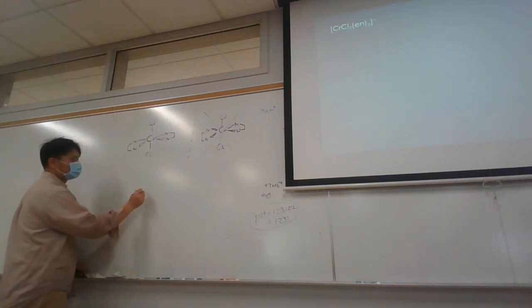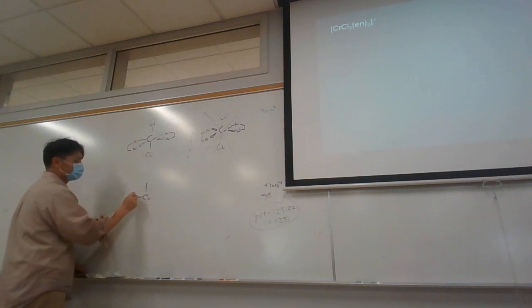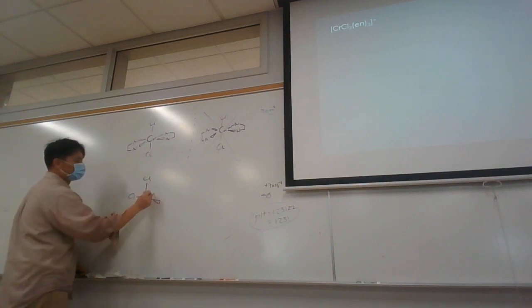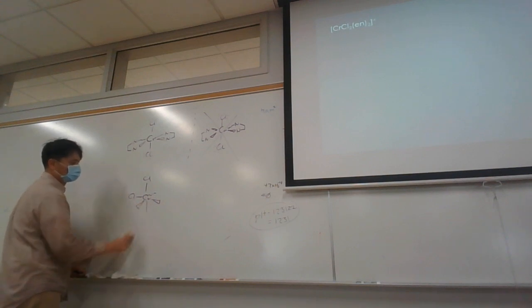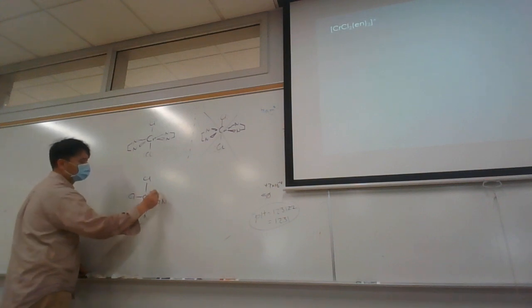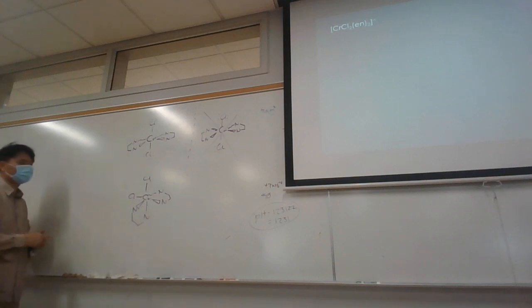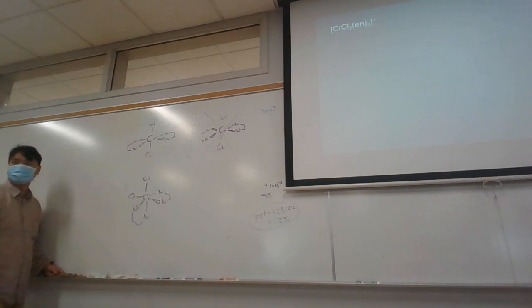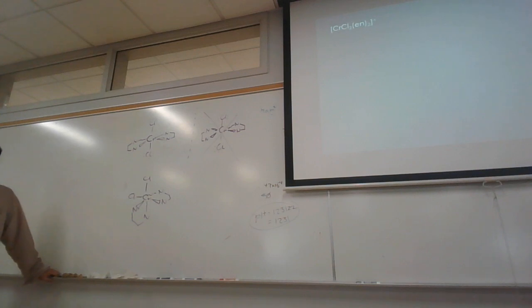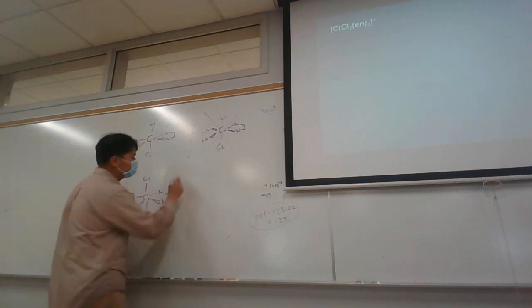Now, if we do the trans isomer, this is the trans. If we do the cis isomer, okay, so let's do the cis isomer here. Put a chloro there, chloro here. And then maybe we'll do an ethylene diamine here. And an ethylene diamine here. Okay, can you slice this one in half some way and get two equal halves? Is it possible? No. And not only that, if we do the mirror image of this,